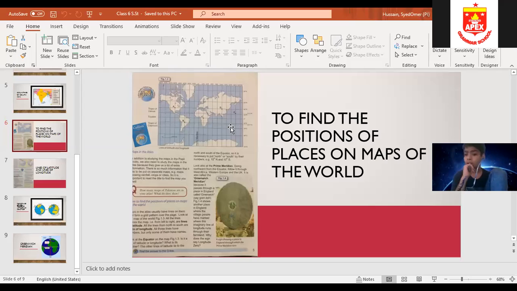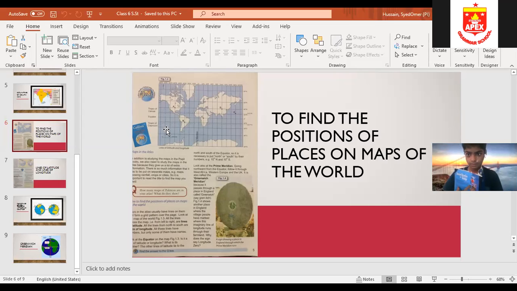So what are they telling you? That all the places and all the lines have numbers like 60° north or 60° east. Some of them have names like Tropic of Cancer, Equator, and Tropic of Capricorn. There are two tropics. Equator is the imaginary line that is running in the middle of the earth from left to right. And there are two tropics above: the above one is Tropic of Cancer and the below one is Tropic of Capricorn.